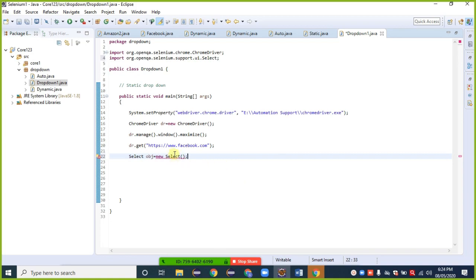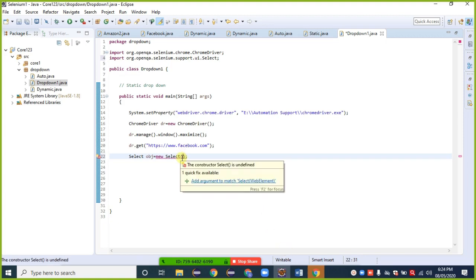Okay, again we get an error. What is that error? The error is that we need to add an argument inside this one. What argument are we adding here? We are providing the web element, or we are providing the XPath of that web element.